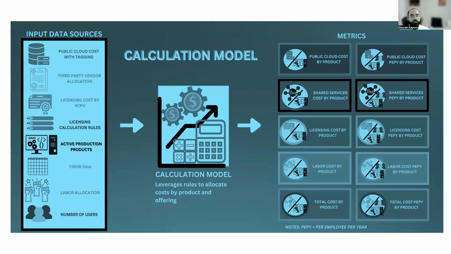So if we have a public cloud cost by product, we will have public shared services cost by product. What that does is essentially it gives us public cloud cost PEPI by product, or shared services PEPI by product. So for now, each of these components, we will have individual PEPI, right? And I will show some of the sample reports where it will be more clear for us to understand why are we doing PEPI by each of these individual components, because that is where we get help in understanding where I'm spending more money for a particular product, and where do I need to improvise or reinvest, or think about the best strategies there,